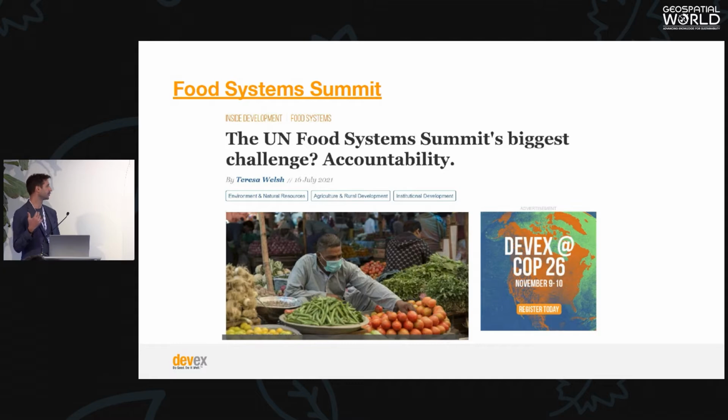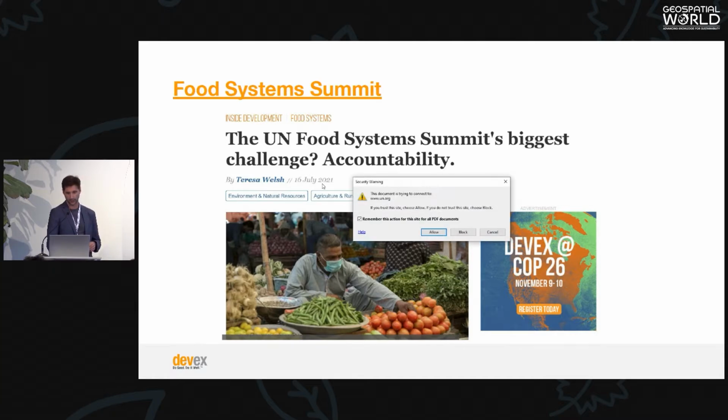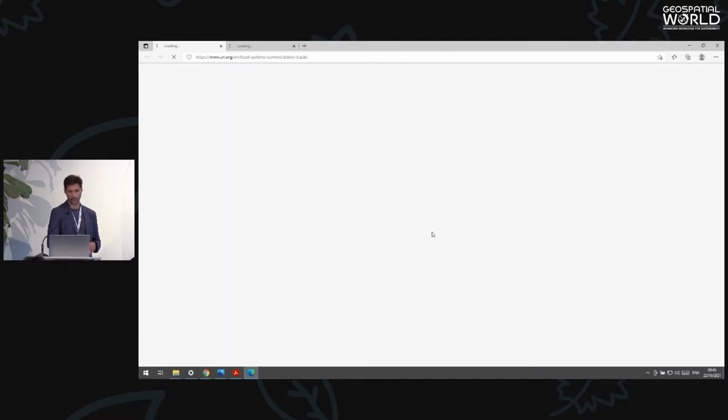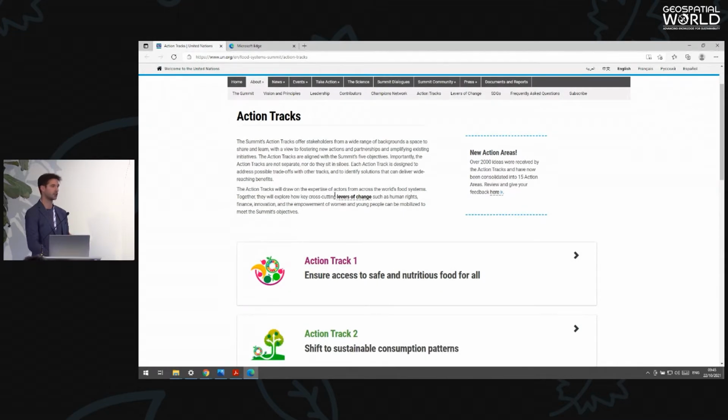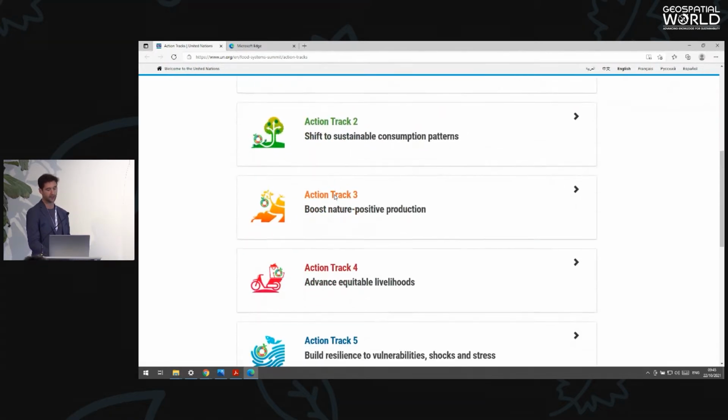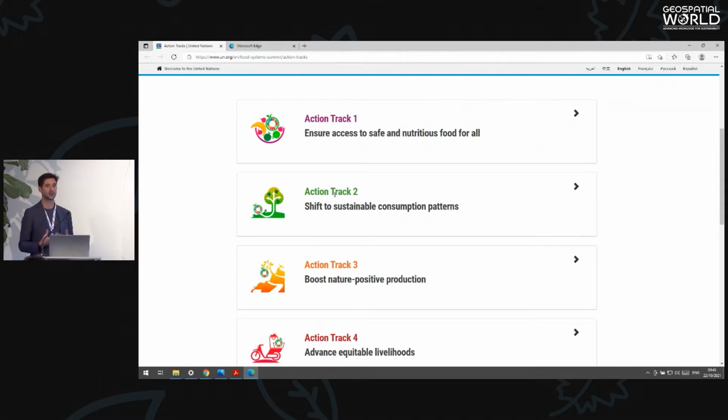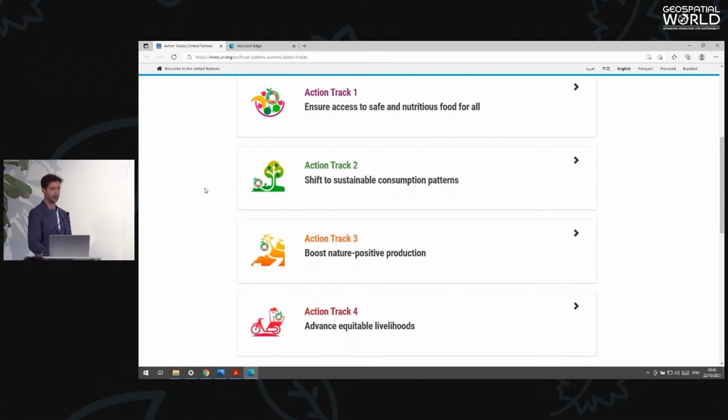So I mentioned the Food Systems Summit. I don't know if you guys looked into that, but maybe you want to look into it for those who have food systems related applications. And I'm just clicking here on this Food Systems Summit. It took place at the UN General Assembly back in September. And basically governments, the 193 member states of the UN came up with these 5 action tracks. They had more than 1,000 meetings throughout the year between civil society, businesses, governments to come up with policy recommendation against 5 action tracks.